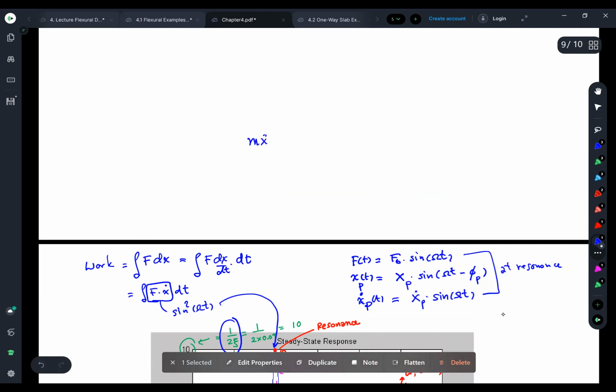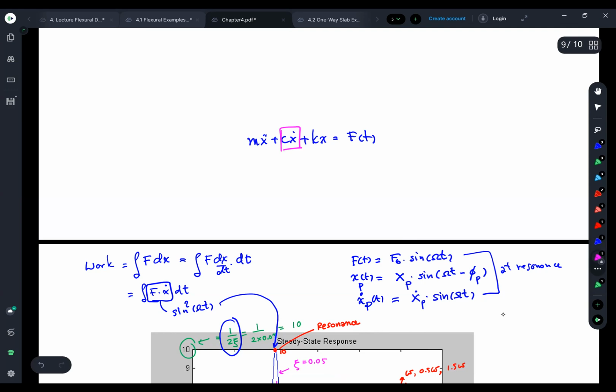Remember that my equation is mx double dot plus Cx dot plus Kx equal to F(t). I have the damping. If you inject so much energy into me, my vibration goes larger and larger. But because I have the damping, this term will try to remove or extract the energy from the building. And if this term is larger, meaning the x dot is very large, there will be an equilibrium of the